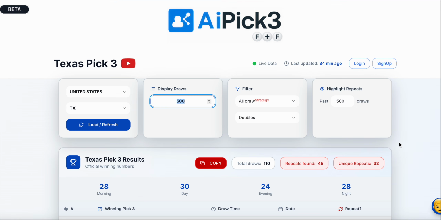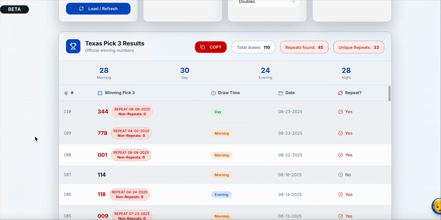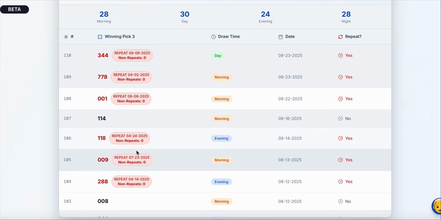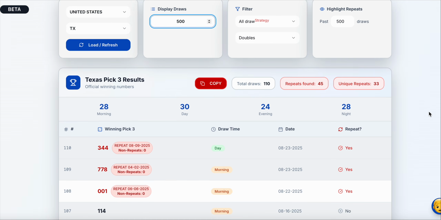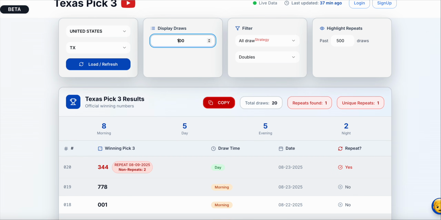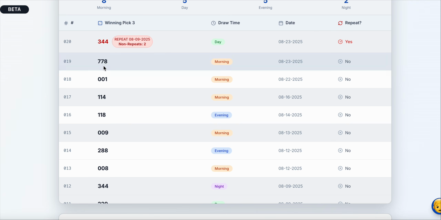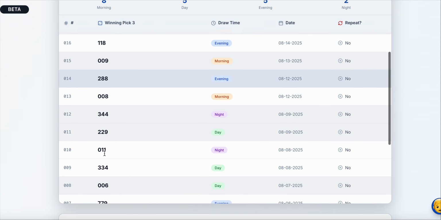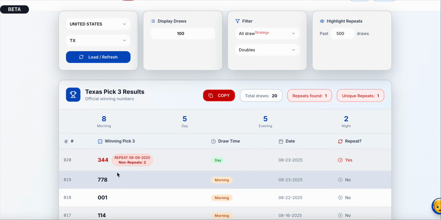So, anyway, the way we're going to do this is with 500 draws, we're going to reduce it so we get fewer repeats. By getting fewer repeats in 100 draws, we can see better when the black ones, the ones that have not repeated, will come out, and that's when we could remove draws. Like, look, do 100 draws. Now watch. In 100 draws, look at that. All these draws that don't have double hits in them.